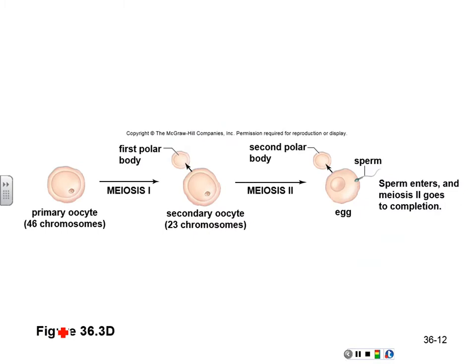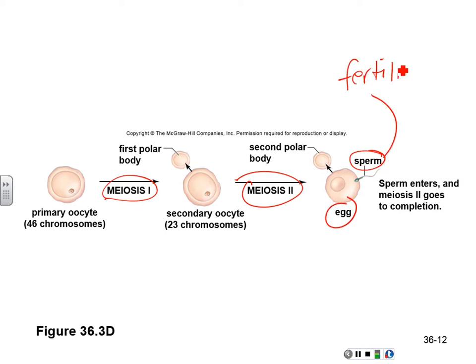Okay, so in this figure, they're trying to show you the events of meiosis 1 and 2 and how they relate to the sperm and the egg coming together, which is fertilization, right? One of the interesting things is that meiosis 2 doesn't happen until the sperm penetrates. So right now, this egg has 46 chromosomes, the sperm has 23. As soon as the sperm breaks into the egg, the egg will split off 23 and keep 23,